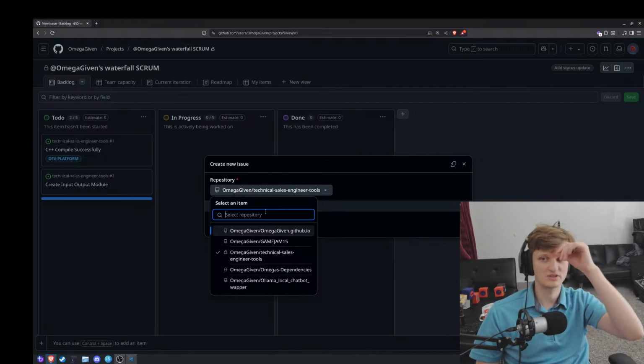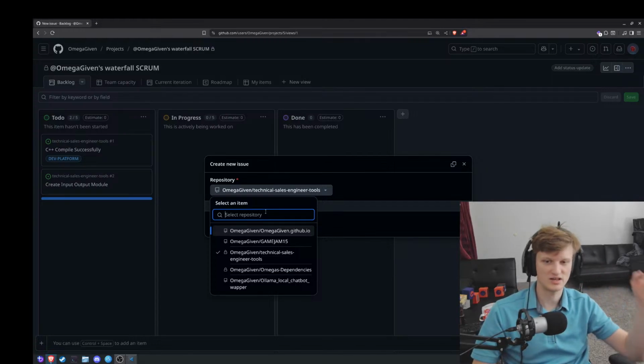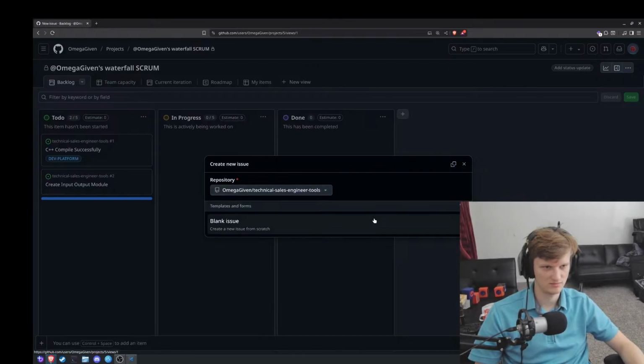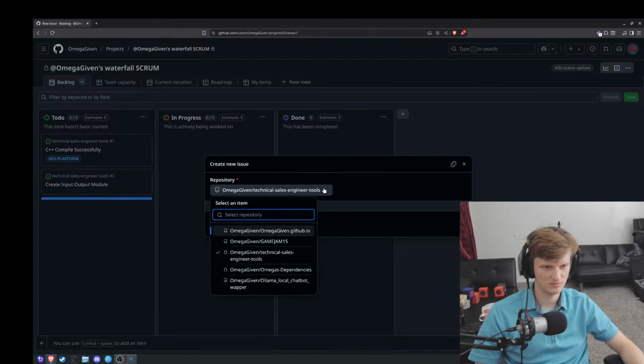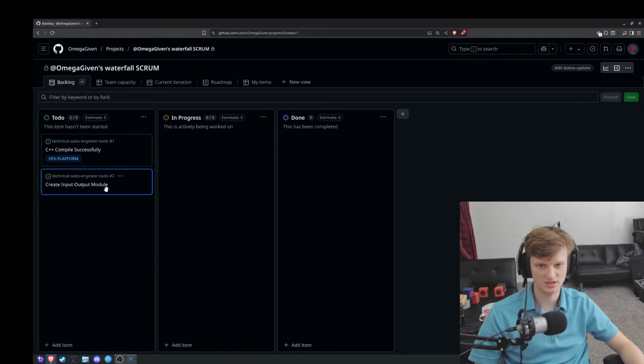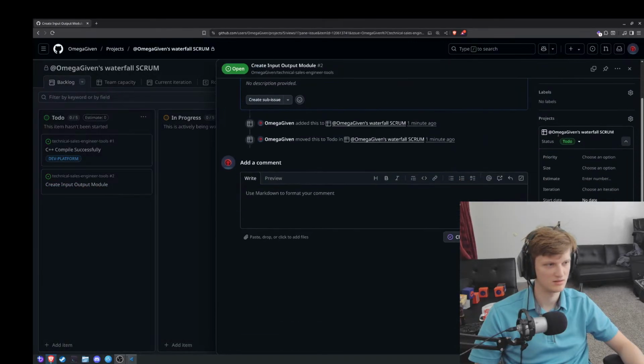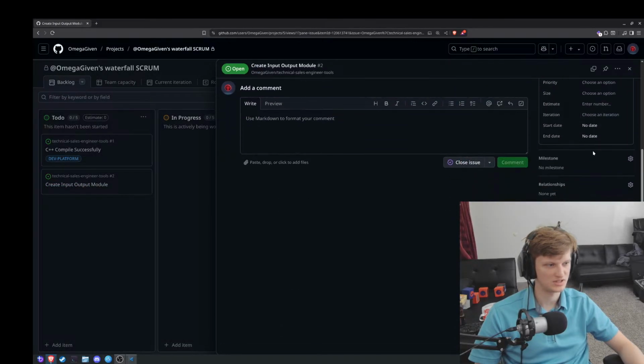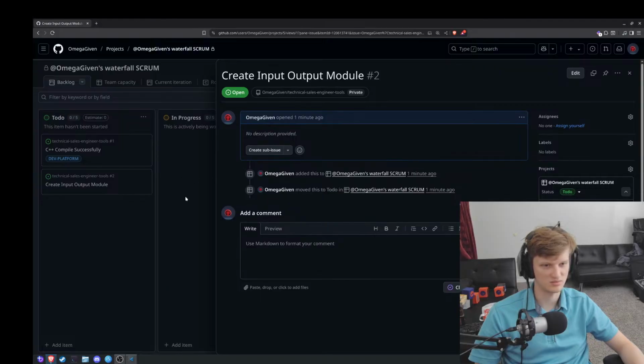All right, so we got to create the input output module. Did I put these in the wrong project? Projects, repositories, not assigned to a repository.